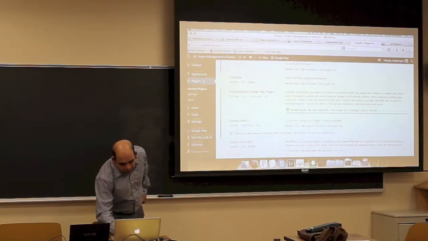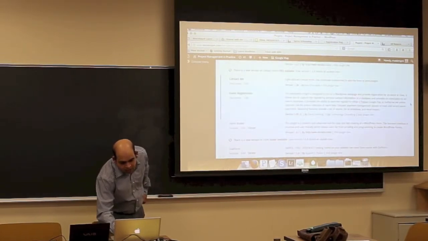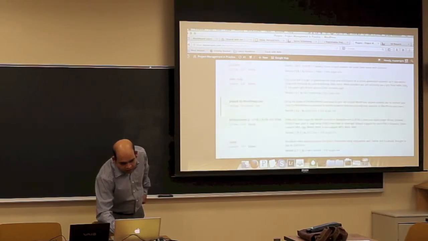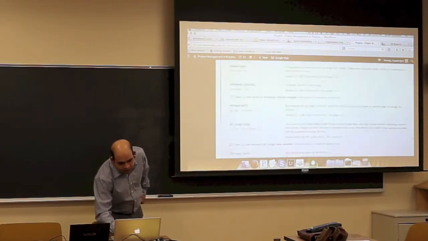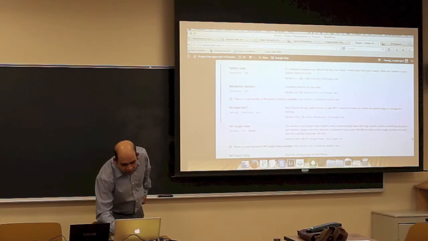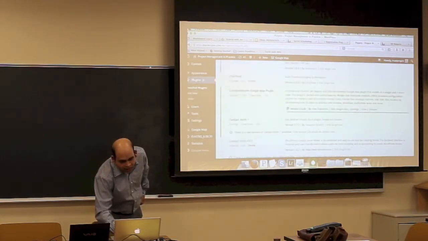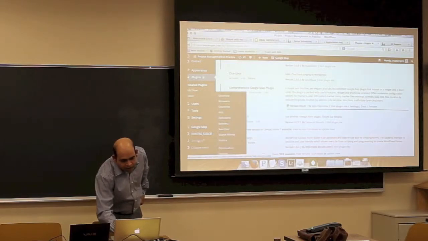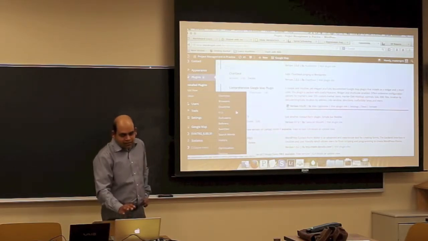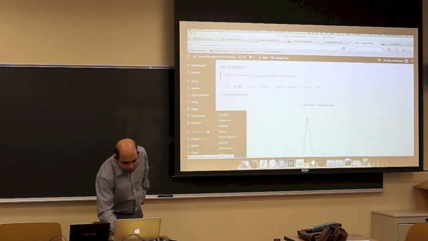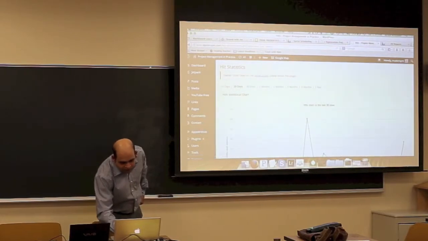Coming down, there is the Google Map plugin, and also there is the event registration plugin that we just saw work. There is also an interesting plugin which is called the WordPress statistics, and that captures the analytics data of how many people have actually accessed the site. So if we just go here, historically, there are multiple statistics that we can share, but if you look at it,